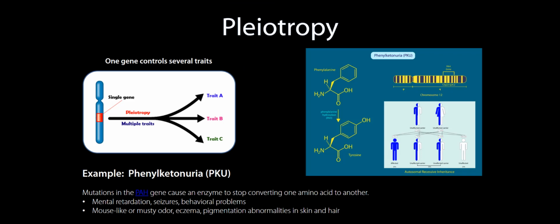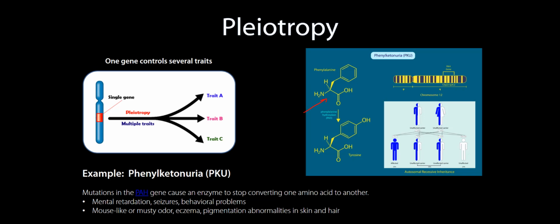All right, and last but not least, we have what's called pleiotropy. Pleiotropy is the opposite of polygenic inheritance, where instead of one trait being controlled by several genes, we have one gene controlling several traits. A classic example of this is the disease phenylketonuria, or PKU. This is due to mutations in the PAH gene, and what this does is it mutates an enzyme whose job is to normally take the amino acid phenylalanine and convert it to tyrosine, another amino acid. And for people who can't do this conversion,